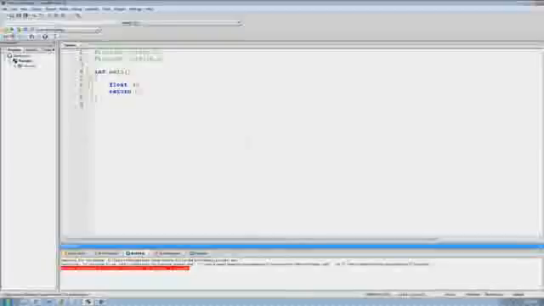I'm going to call it num1, and then set it equal to something. I just need to write out the equal sign, and I'm going to set this equal to 2.7, because remember, with floats your number can have a decimal in it. And then of course I need to end the line with a semicolon. Then I'm going to create another float variable, so I'll write out float again, name this variable num2 and set it equal to 5.2,